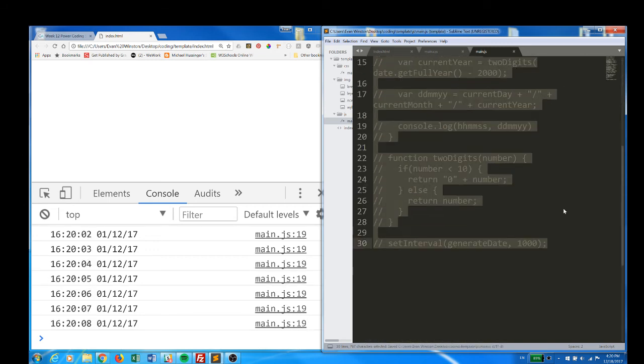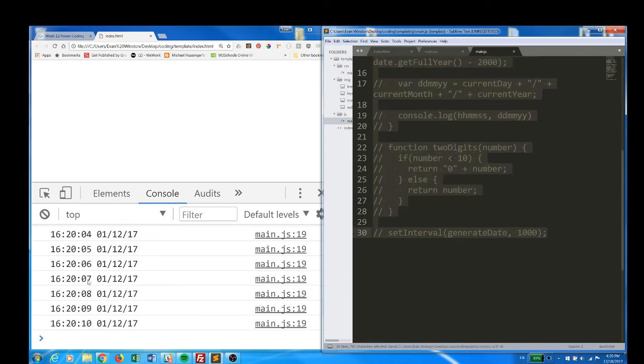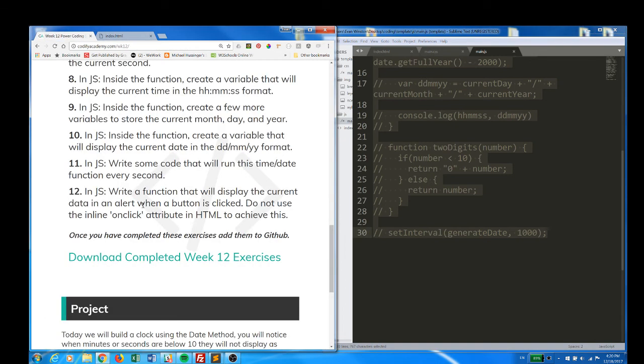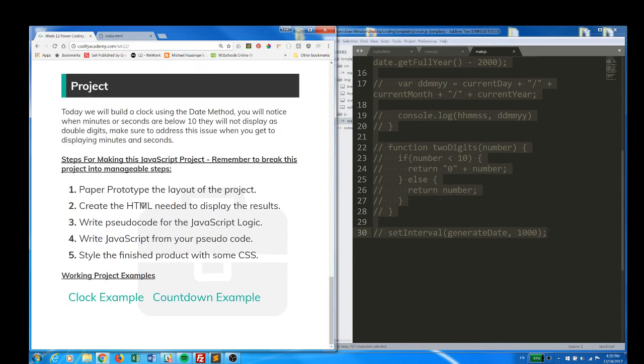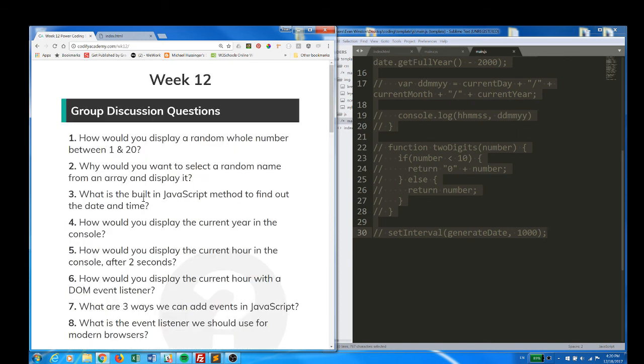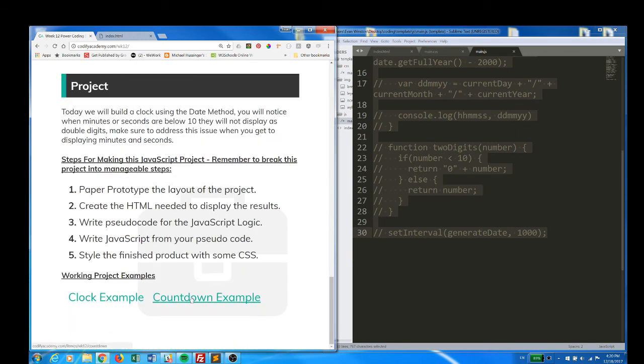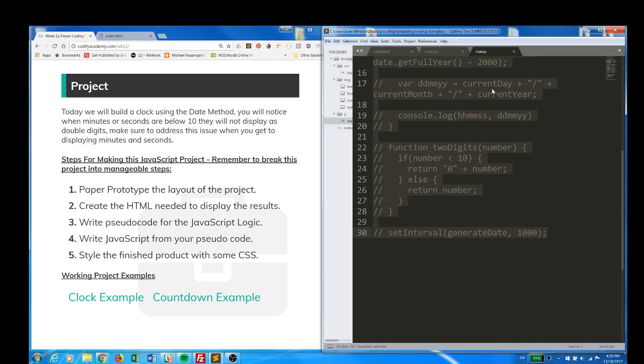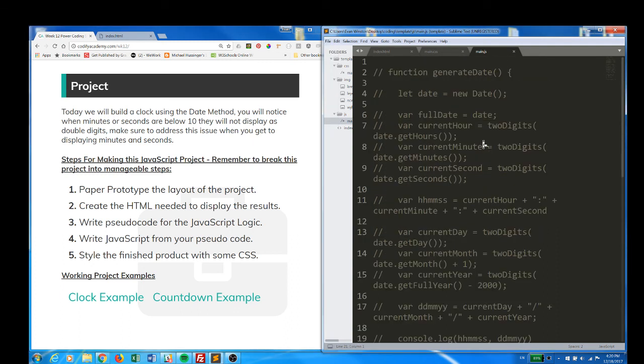To actually make it a clock application, you need to take everything we're console logging and populate it meaningfully into your HTML, which you are all capable of doing by now. So I'm not really going to get into that. The countdown example is a fun one. The only thing I'm going to say in relation to the countdown example is you can